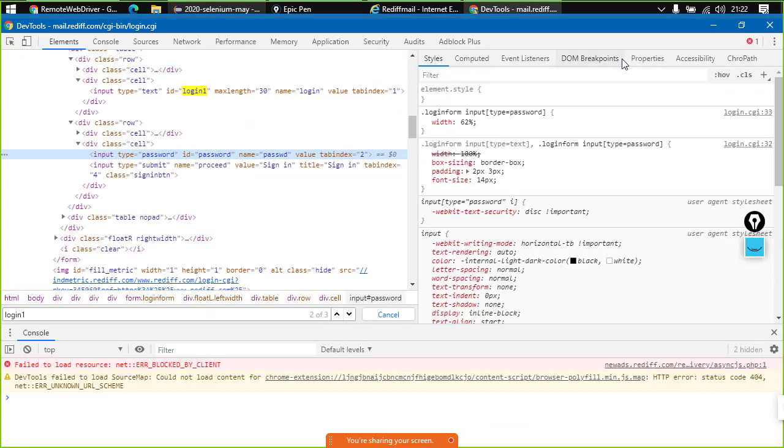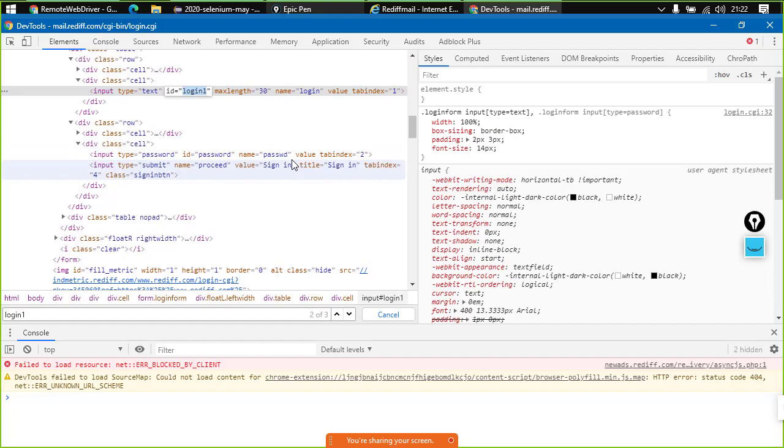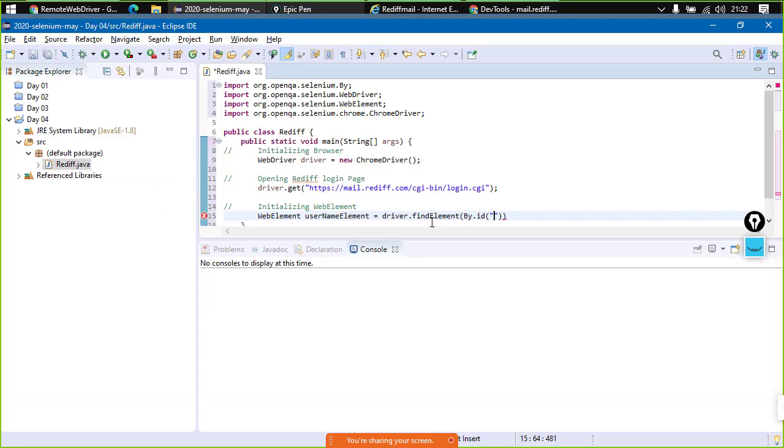So let us just move to developer tools. The ID is login1. Now I'll just provide the ID here. This line is done.